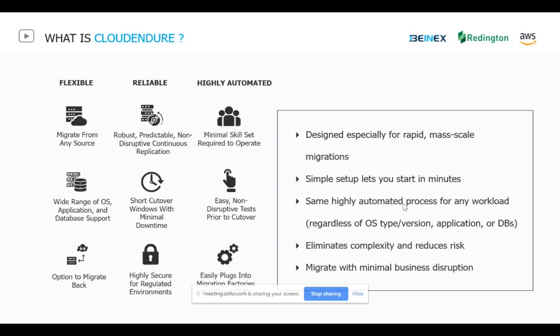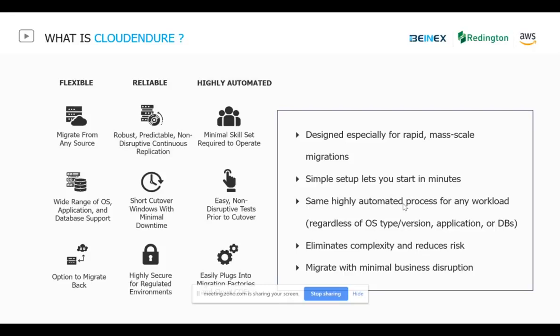It's highly secure for regulated environments. From security, I just want to highlight two things. The replication can be done over a VPN connection, and you can also replicate over the internet. Both ways it is encrypted, right? But for those organizations which require replication over a private connection, that is also supported. Not only that, your DR instances can be launched from an encrypted volume. So you can encrypt your disaster recovery volumes using the AWS KMS service.